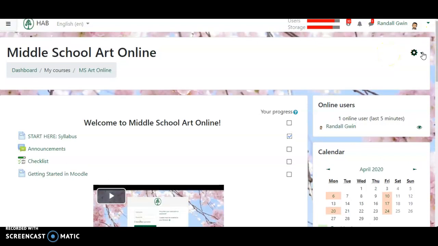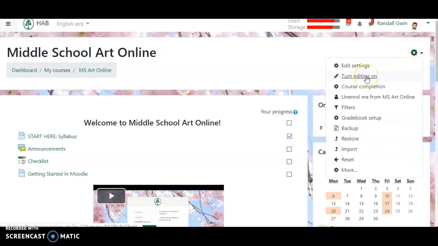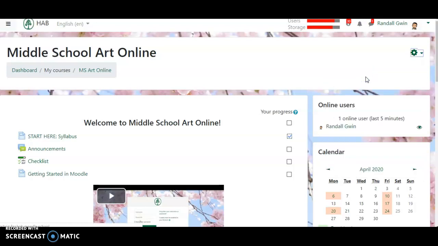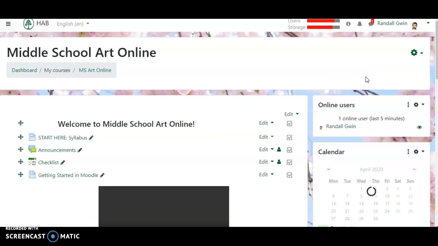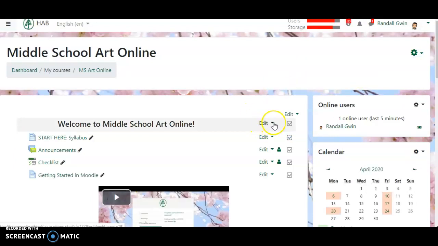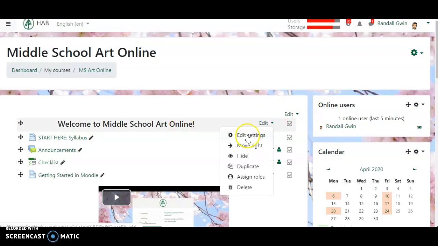Up here is the little gear icon. If you click here and turn editing on, that will let you change everything in the course. So you can change everything if you want. I'll go ahead and turn it on and show how that works. So you see little edit buttons that come by everything. If you wanted to change this title, for example, you would click here, click Edit Settings,